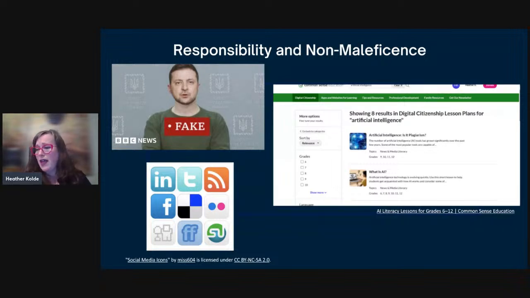So I think that is something that we really need to be doing as teachers, and thinking about how we're tying that in to our real world context. There's also great resources out there for digital citizenship lesson plans on AI. Commonsense.org just put out some new plans, grade 6 through 12, that look pretty good to me. I haven't used all of them yet, but they're very new. And as a teacher who's always looking out for those free, new things, I have to say I love that they often have some really good quality materials that I've really appreciated over the years.